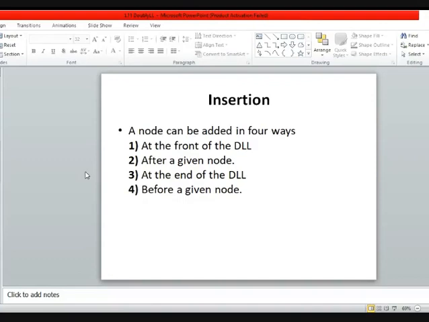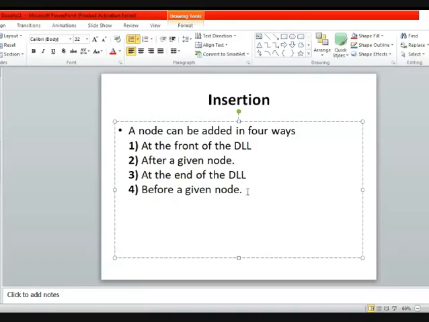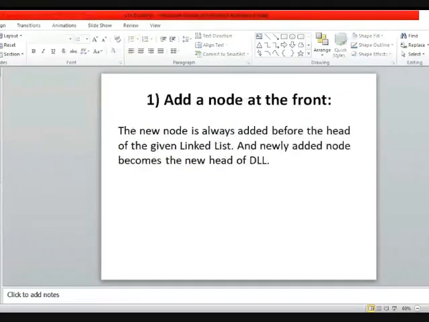Similar to singly linked list, we can also perform insertion in doubly linked list at the beginning of the given list, at the end of the given list, at a specific position in the given linked list, and there is also one specific insertion you can perform, that is before a given node. This means if you are given the address of any node, then you can easily insert a desired node at that particular position. So let's start with the first kind of insertion we can perform on doubly linked list.